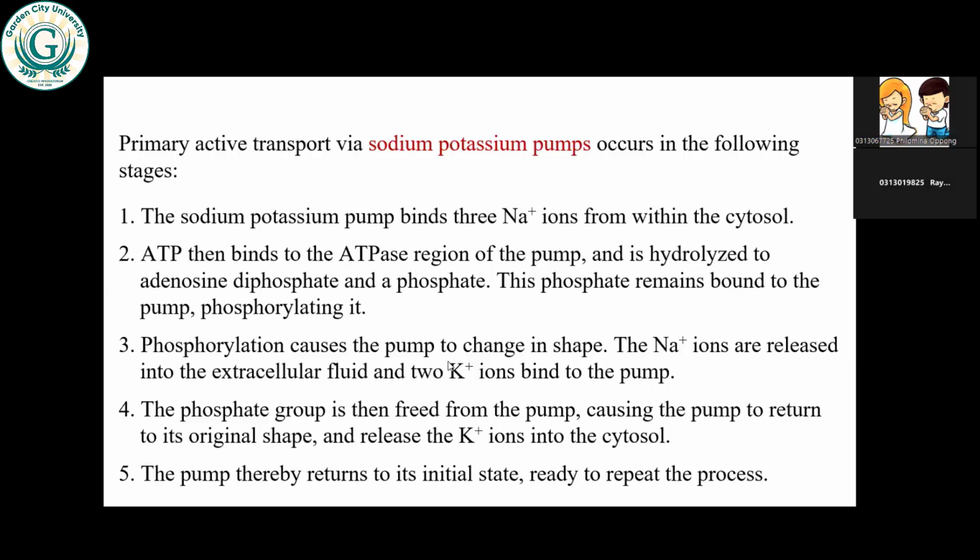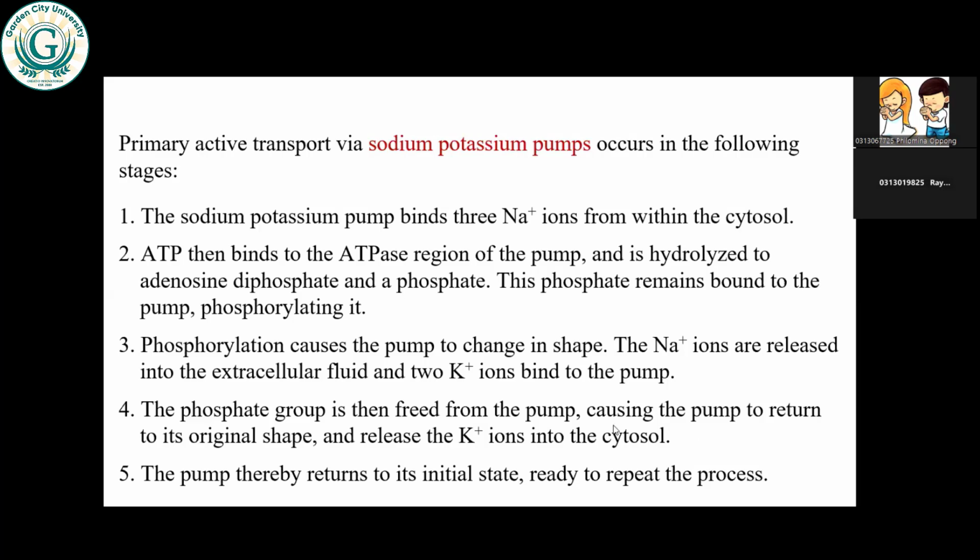But before that, as the pump is facing the external, 2 molecules of potassium will also bind to the pump. And when the ADP and phosphate detaches itself, it moves back to its normal shape facing inside. When that happens, potassium is then released into the cell. So that's how this pump carries 3 sodium molecules to the outside and 2 molecules of potassium to the inside. And this is the main pump that ensures the resting membrane potential of the cell membrane.